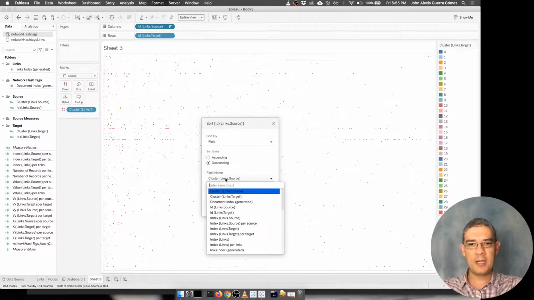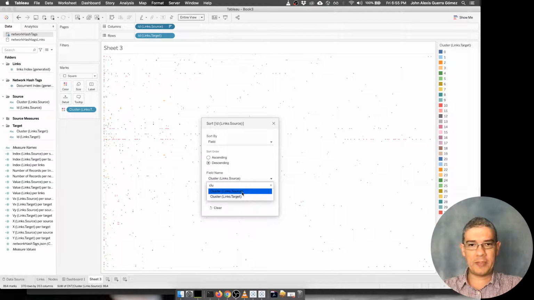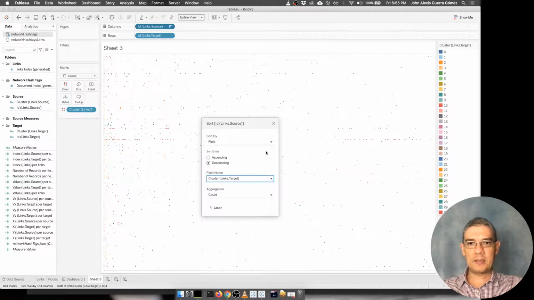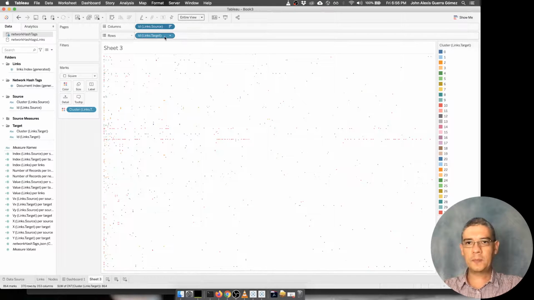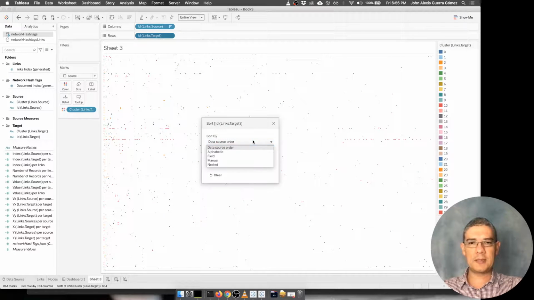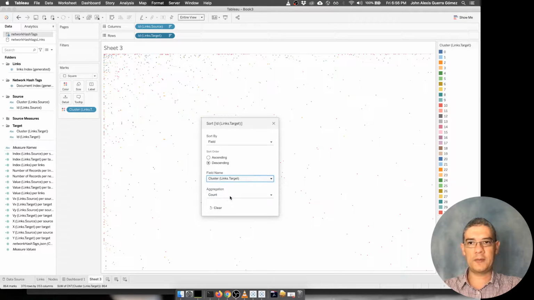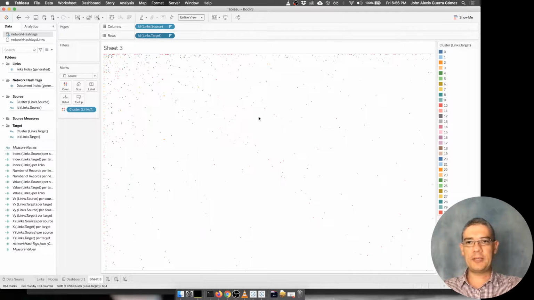So I'm going to say descending on the cluster for maybe the source or the target. Let's say cluster for the source, or maybe cluster for the target. Let's try this one. And then after doing that, you can do the same for this, say field, descending, on the cluster of the target. And as you can start seeing in there, it's putting the things that are bigger on the left. Actually you have here database connections with everything else. And let's say this is a matrix